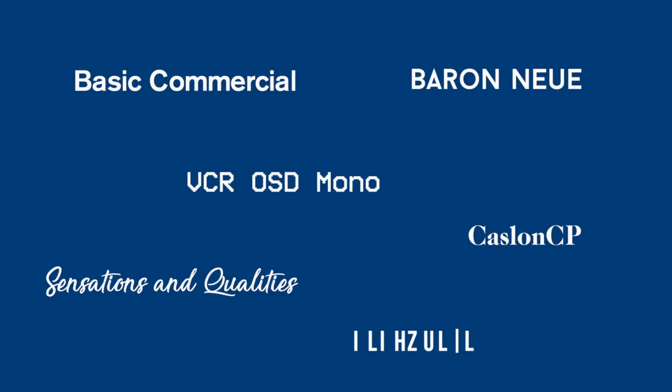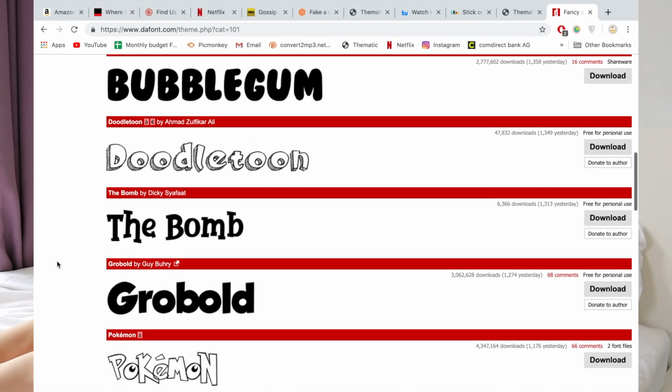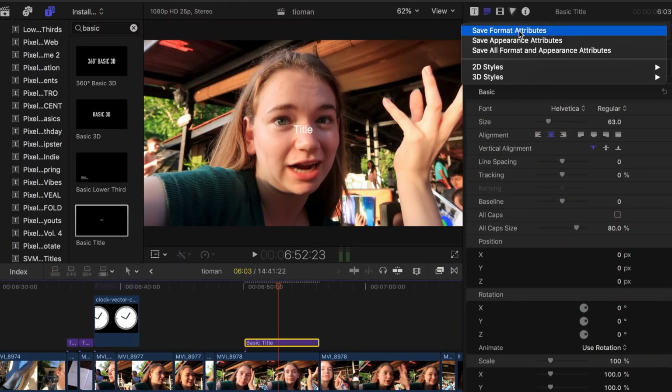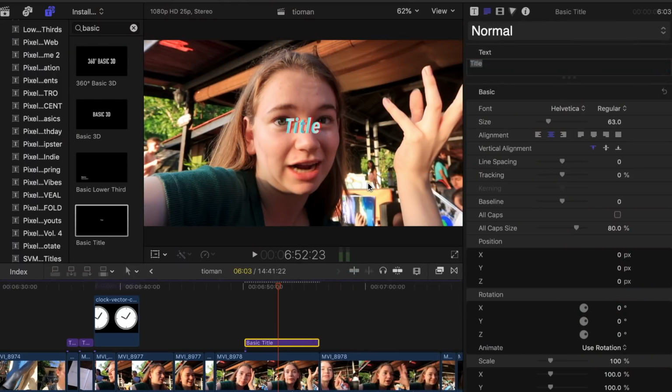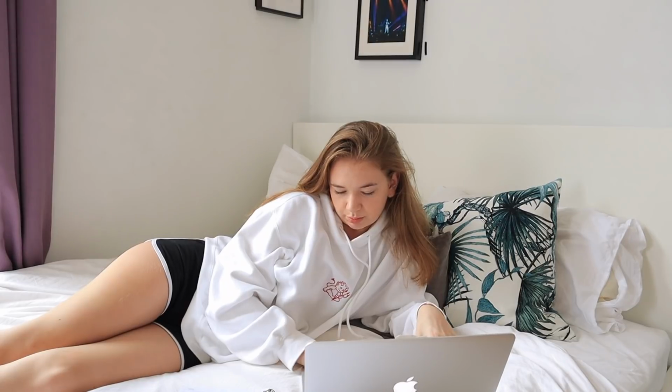And any other ones that I use are all found off of dafont.com. You can basically just use it to download a bunch of free fonts. It's super good, super useful, and that's usually where any other fonts come from. And then sometimes I also use the 2D styles, so Offset and Faux 3D are quite nice as well. And then finally, effects that I use on my videos